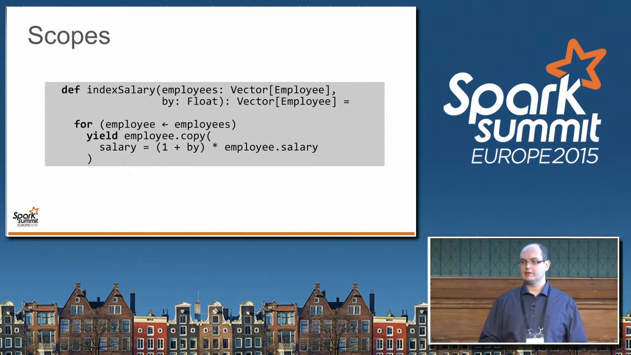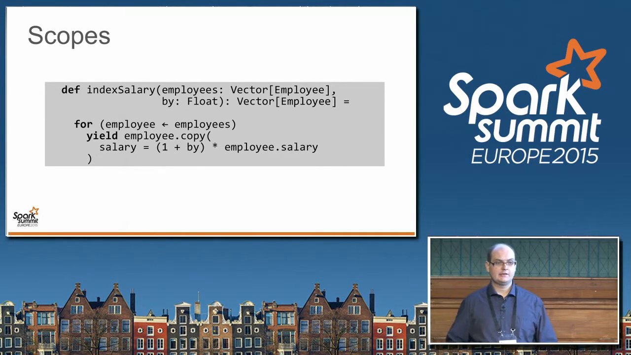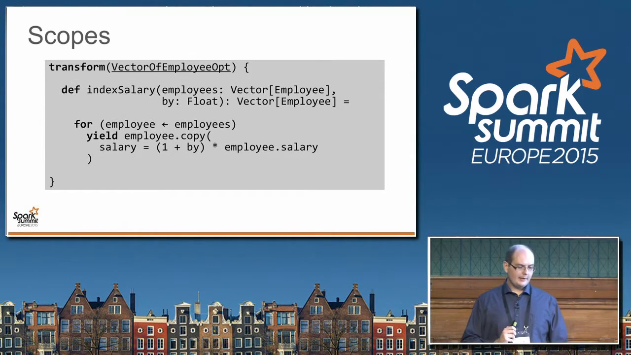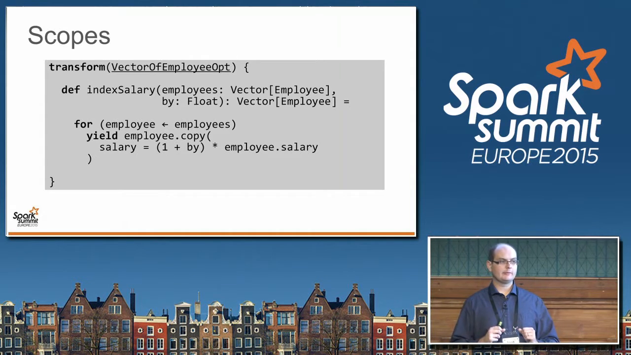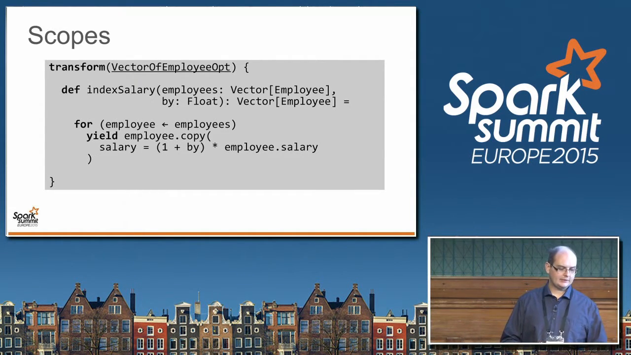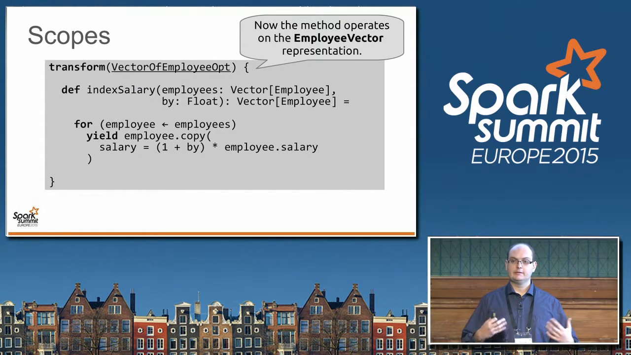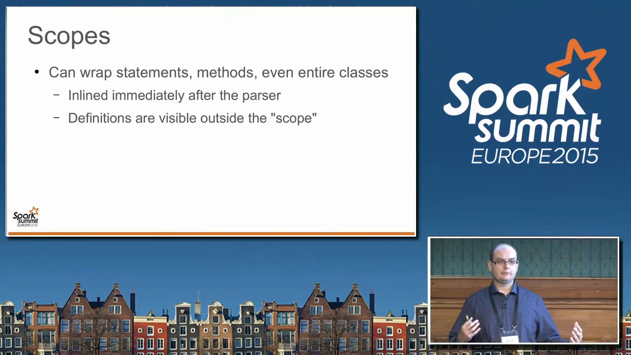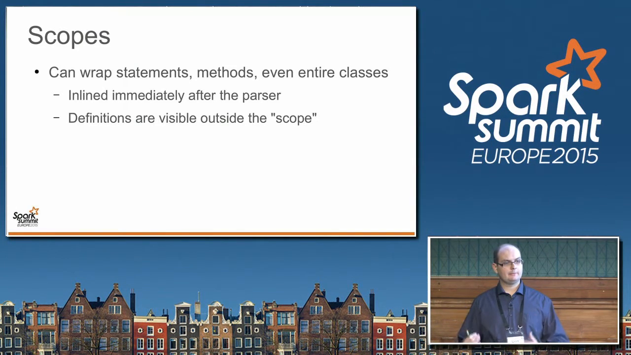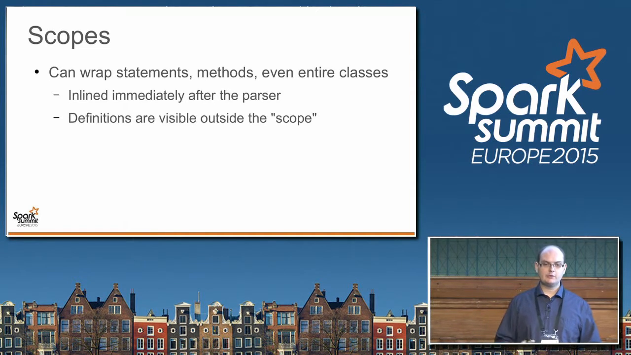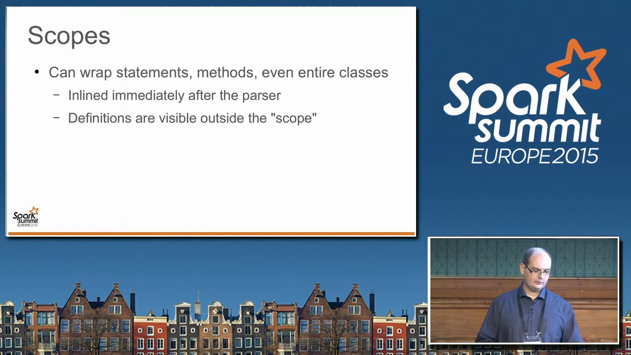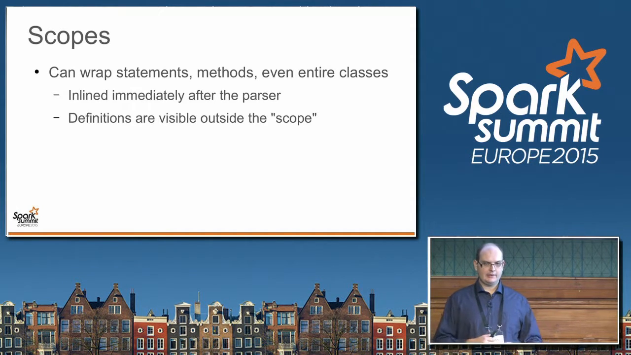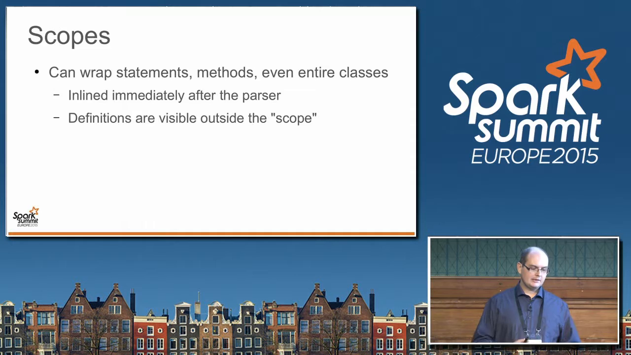This is a method that most Scala developers here would immediately understand. It's increasing the salary of everyone by a certain %. And if we wrap it in this transform scope, suddenly, instead of operating on vector of employee, it operates on the column-oriented storage. We don't need to do anything else other than mark this scope. And scopes can wrap a lot of things, can wrap statements, can wrap methods, can wrap entire classes. It's up to us which parts of the code we want to transform. And we're going to see how this relates to Spark in a few moments. But it's important that